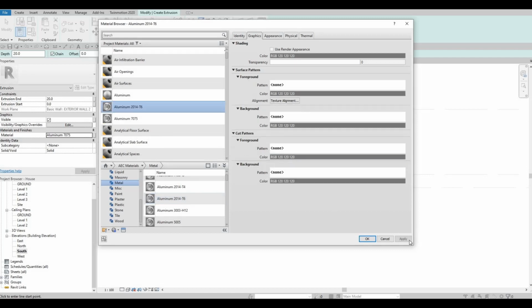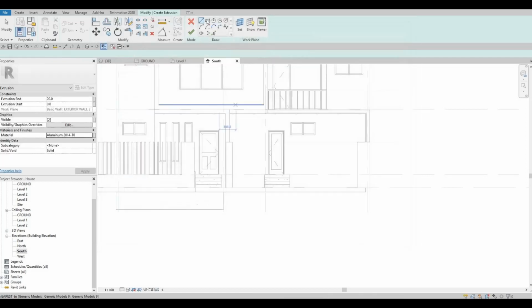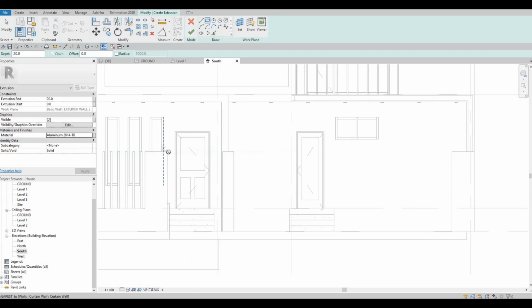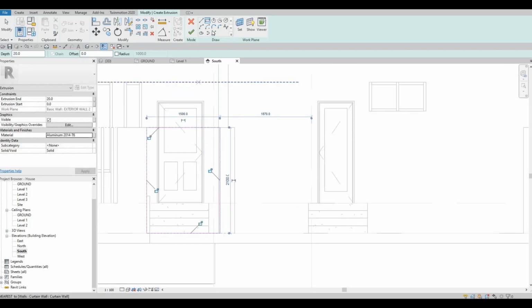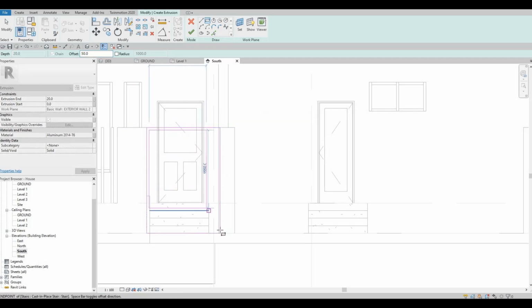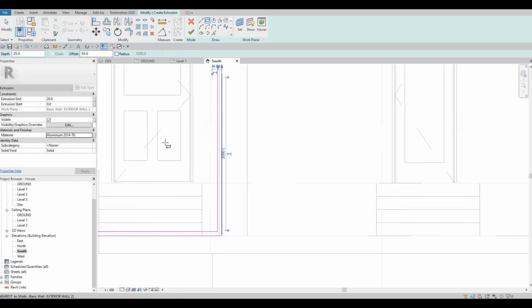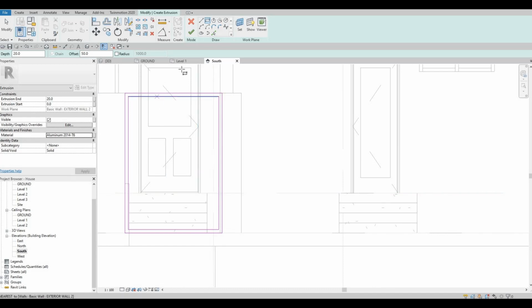Just gonna use this, apply, OK, and let's just add this one right here, and then use offset 50. I want to be consistent with the other thickness, and then here,